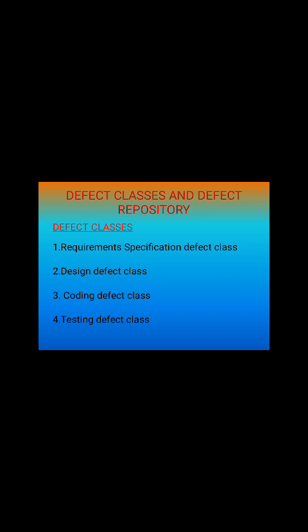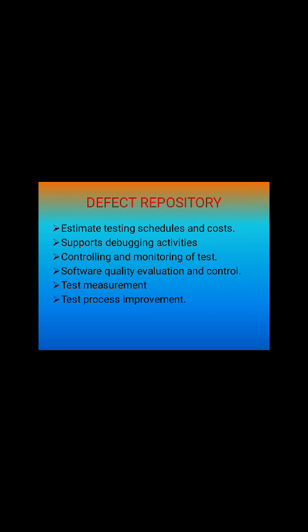The first one, requirement specification, means you have to follow the attributes, the data to be followed by the testing. The second one is design. With the given information, you have to form the design, like a pictorial representation or diagram. The third one is coding. You have to check the coding, that means programming. That is called the coding defect class. And the fourth one is testing. Finally you have to test the test classes. These are all the defect classes available in software testing.